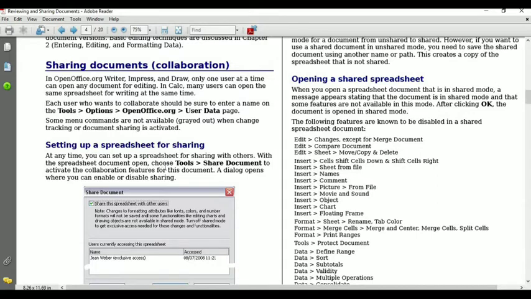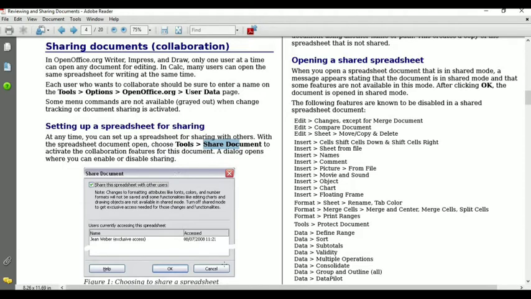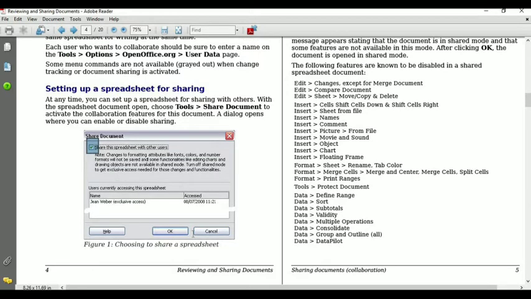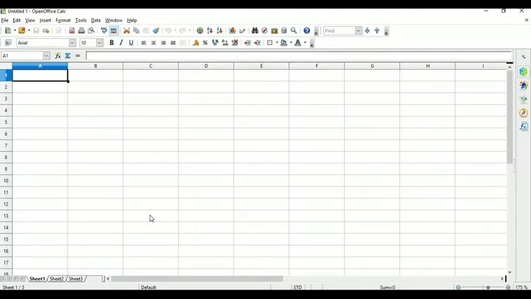For sharing, first of all, you have to go to the Tools menu bar and then select the Share Document option. Once you click on this, you will get a Shared Document dialog box. Here there is a checkbox. You check this checkbox and enable this feature and then click on the OK button. Once you have checked it and clicked on OK, now your document, or you can say your spreadsheet, is shared, and the word shared comes after the name of your file. Let's see with the help of an example.